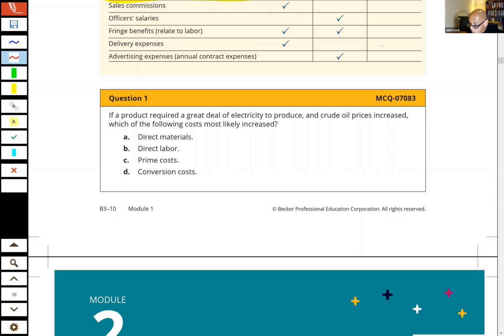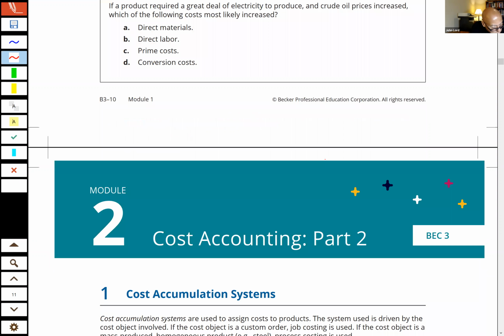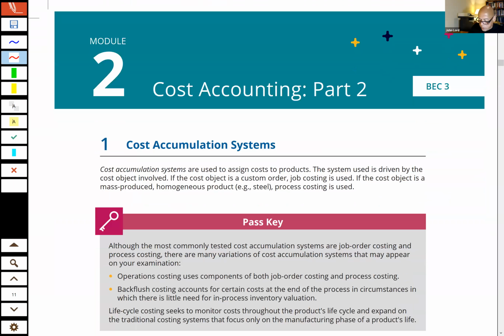Let's see. What makes sense? I'm thinking it makes sense for us to go ahead and take the break right now, because we won't be able to complete this module without taking the break. Anyway, we're going to take the break now. I don't need to explain it, right? So I'm thinking we're going to come back here at 6:20. Okay, and we will pick up this second module. I'm going to pause the recording. Somebody please remind me to restart it when we come back.